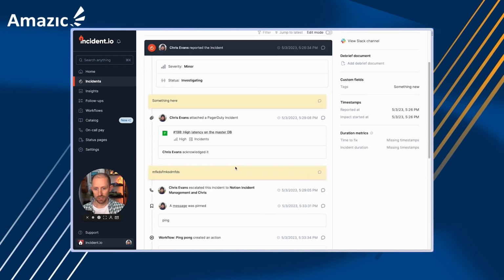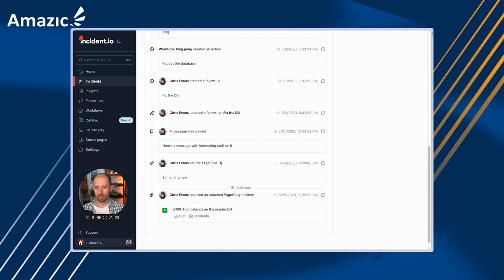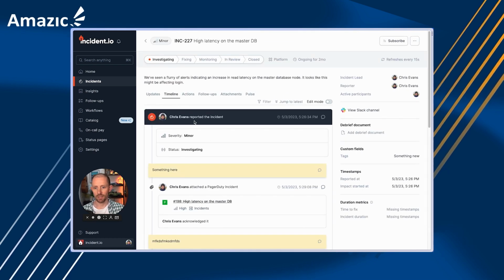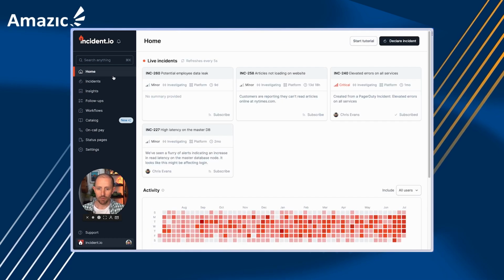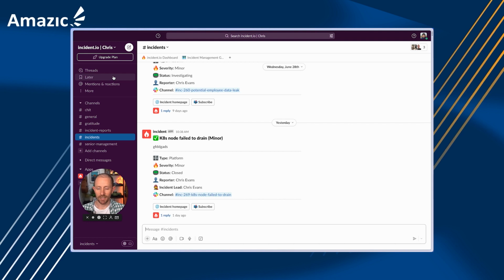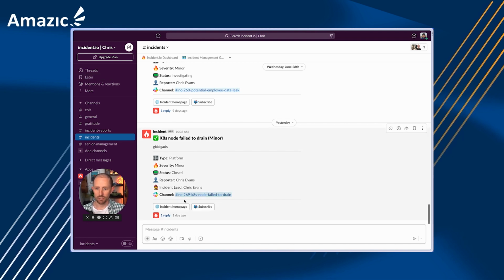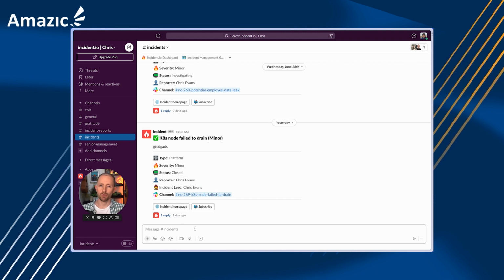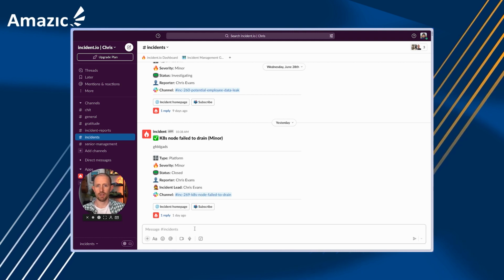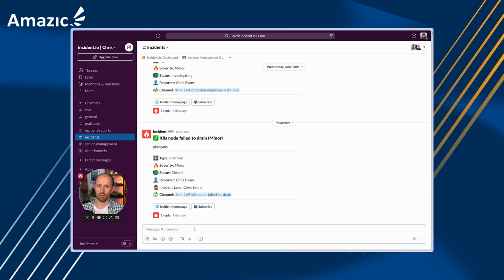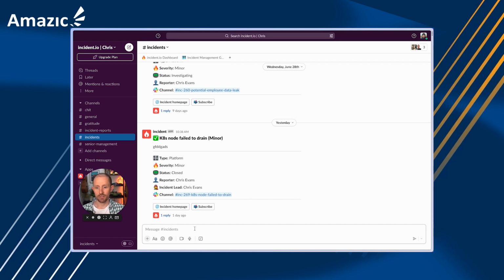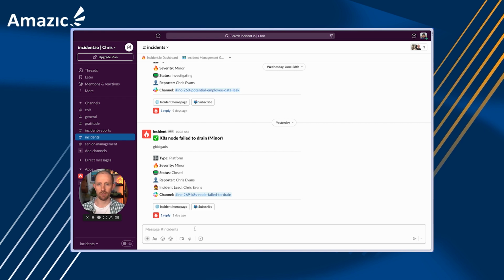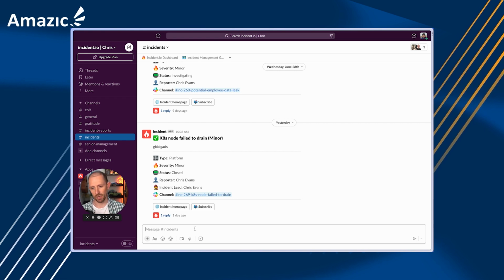Behind the scenes, we can see full timelines being built up, so everything that's happening is being logged here. If we then skip on, how do we actually run an incident with Incident IO? Our philosophy here is that when you are dealing with incidents, you do not want to be on someone else's platform elsewhere. You want to be dealing with the incident right where you're communicating. And so for us, and for our customers, that looks like being able to coordinate an entire incident right from within Slack, which is where all of their communication's happening.